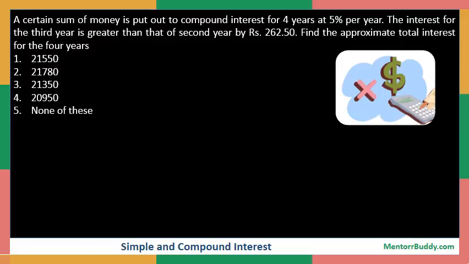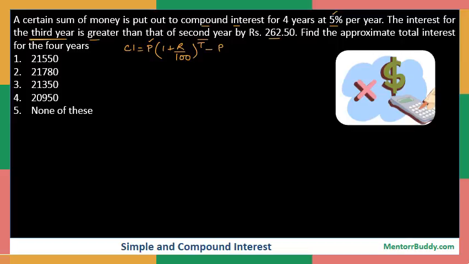Now what is given in the question is that the rate of interest is 5% per annum and the interest for third year is greater than that of second year by 262.50 rupees. Also, it is a compound interest case. So we know that the formula for compound interest is equal to principal multiplied by (1 plus rate of interest by 100) to the power t, minus P. So if I assume that the principal is P rupees, rate of interest is already given as 5%, and hence if I try and calculate the interest for third year,